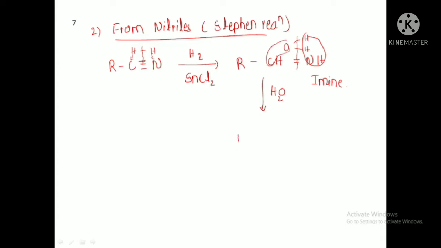So what should I get? R, C, double bond O, H plus NH3. So here I got aldehyde. This is another method of preparation of aldehydes, that from nitriles. This reaction is called Stephen reaction. You can take any nitrile. Here I took a general example. For any nitriles you can